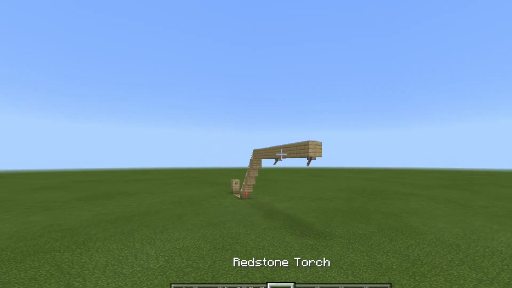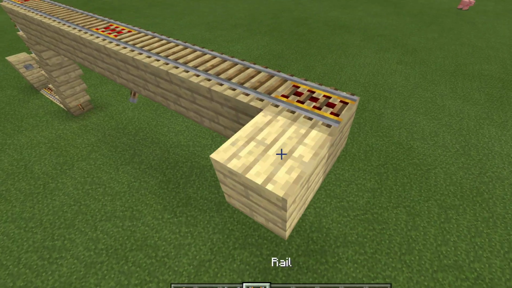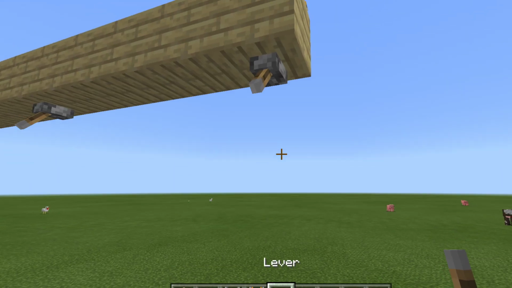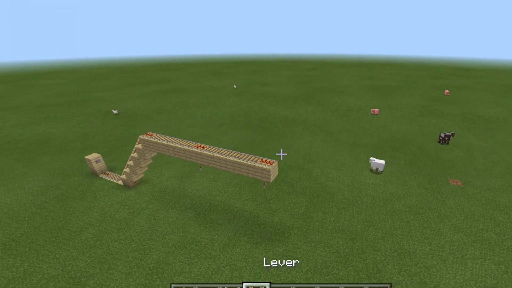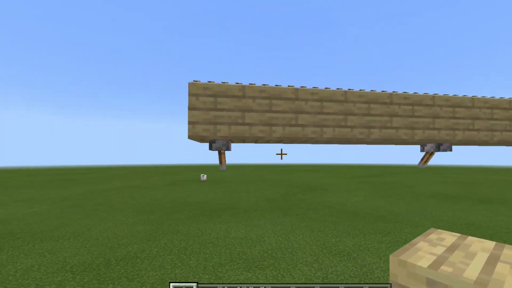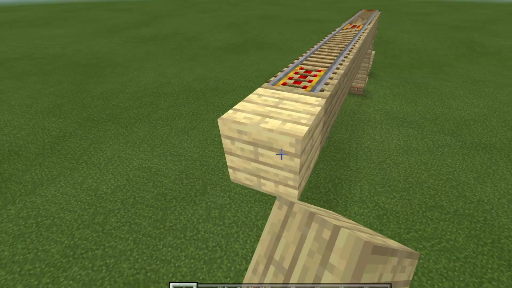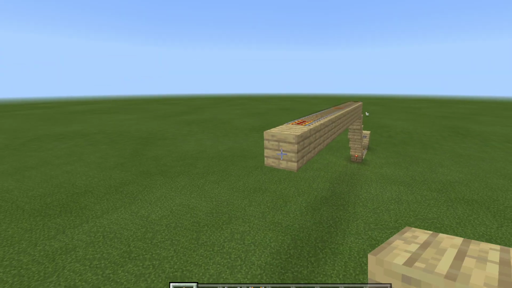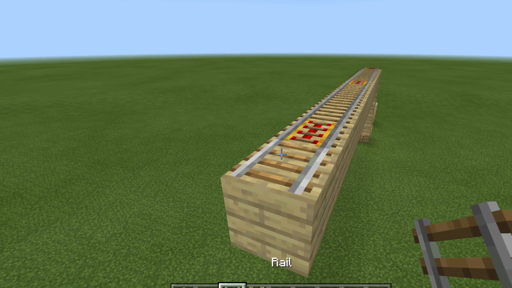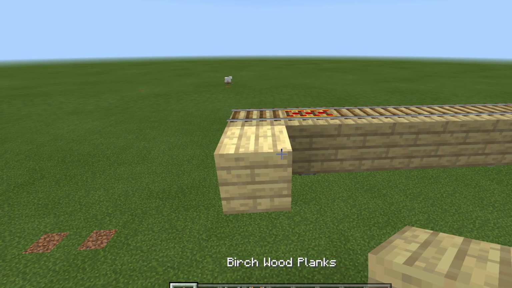You don't have to do the levers. You can also do this where you put a block next to it and then put a redstone torch on it. But I prefer to do the levers. And then you want to turn it. So what we're going to be doing is we're going to be putting 1 more here. 1 more block. And then put a normal rail, and then make it turn 1,